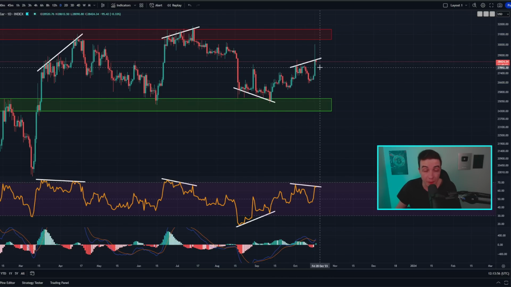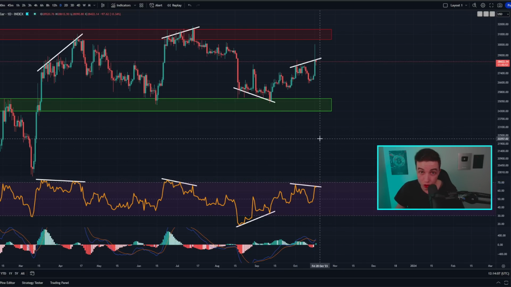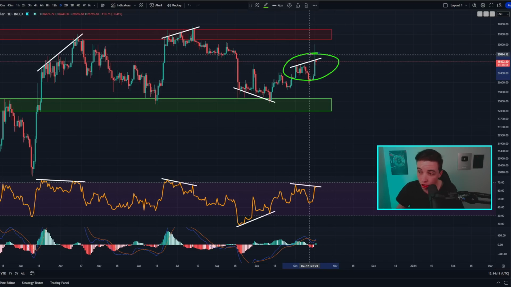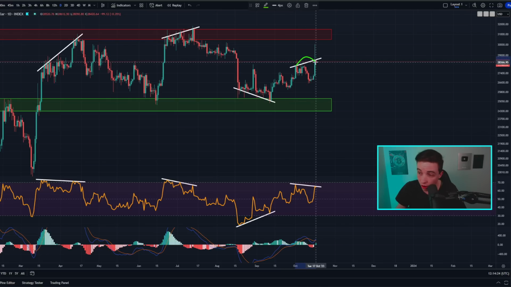But we now need to pay attention to a possible bearish divergence forming again here on the daily time frame. But it is important to understand that at least as of right now, this potential bearish divergence on the daily chart is not yet confirmed. It is not yet in play, because obviously for a bearish divergence, we need to confirm higher highs in the daily candle closes, which has actually confirmed. This has happened in the price, but we have not yet fully confirmed this lower high in place in the